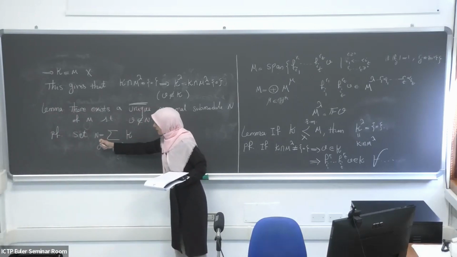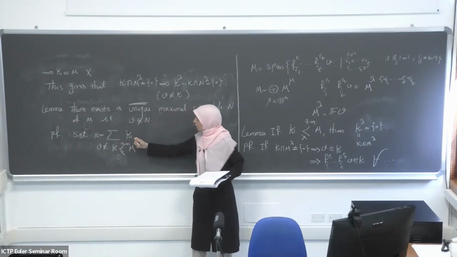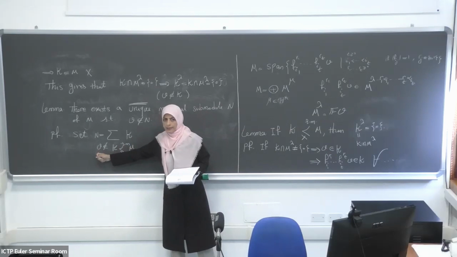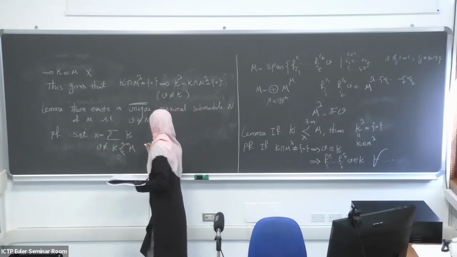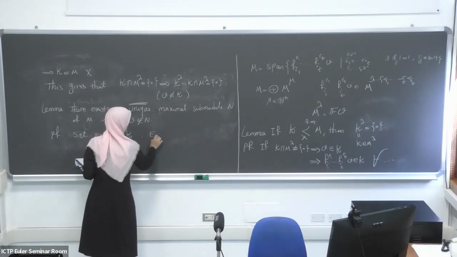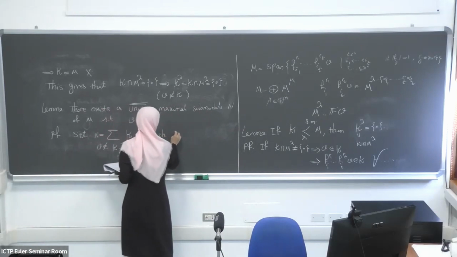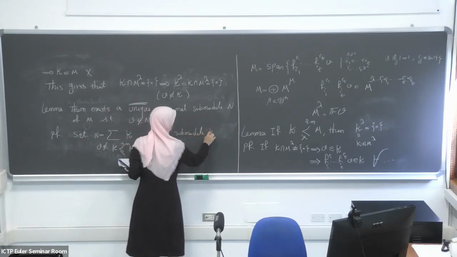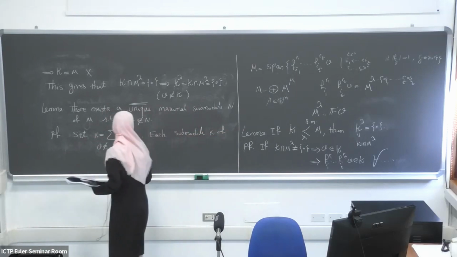We get N to be the summation of all submodules of M which do not contain this V. Okay. And each submodule K of M